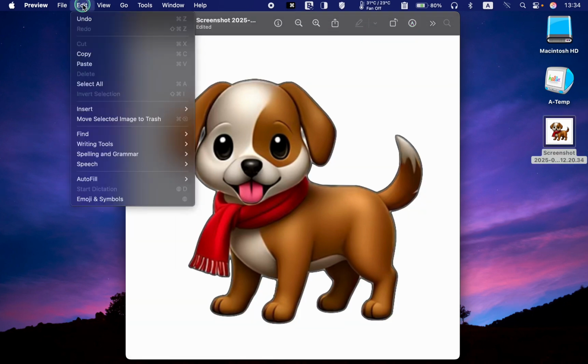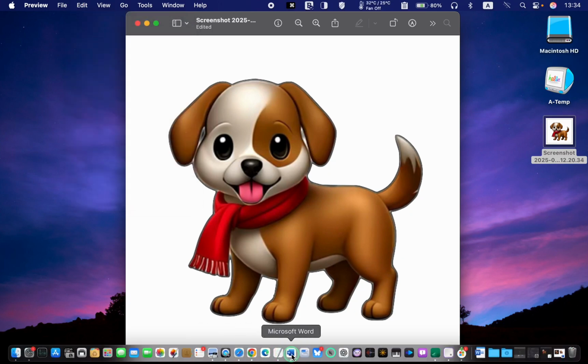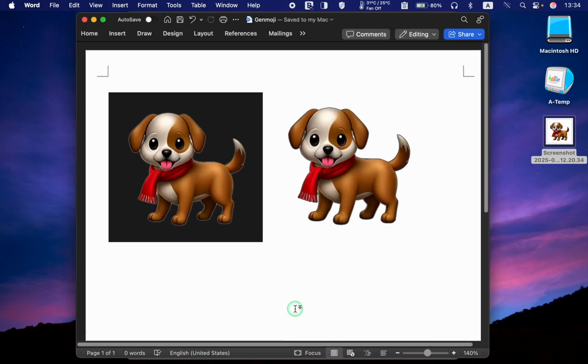If I copy and paste this image into a Word document, this is how it will appear after removing the